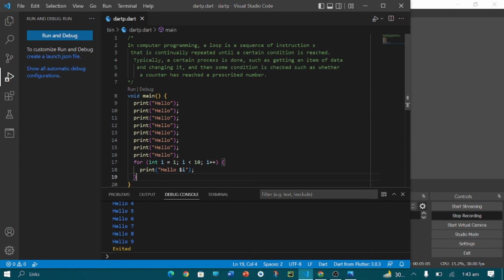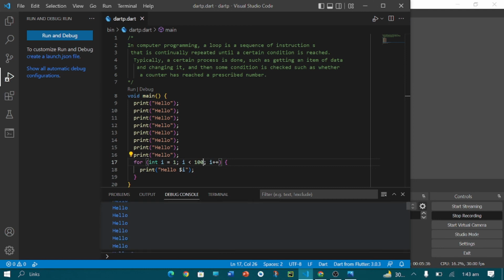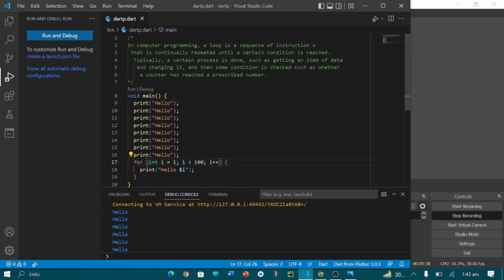But by using a for loop, and loops in programming, we can decrease the time and decrease the length of the code. So this is the main purpose of using loops. If I change the condition from 10 to 100, then it will execute and print hello 100 times. So you can see that if I use the same method, the print statement, then it will take a lot of time, but here by changing the condition, we achieve the same purpose within